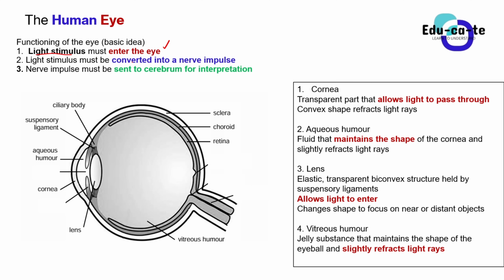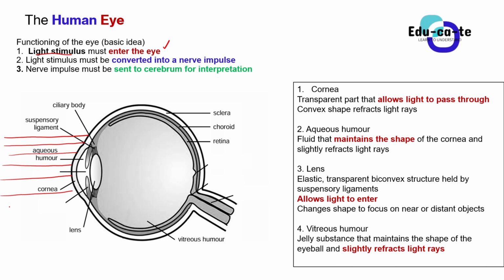Okay, so the basic idea, we need to have light that enters the eye. That's the first step. Let's focus on light entering the eye first, so that we see how light enters the eye and which parts are involved. So now this is the eye. This is the person looking at an image. Maybe here it is. This is the light. All these red lines are representing light rays. These are light rays that are trying to enter your eye because there is light outside. Maybe this is light from the sun, or from your torch, or from a beautiful bulb or something like that. But these are all light rays that must enter your eye so that you can see.